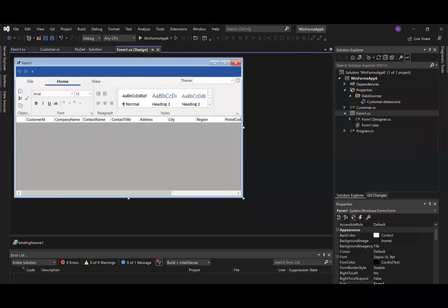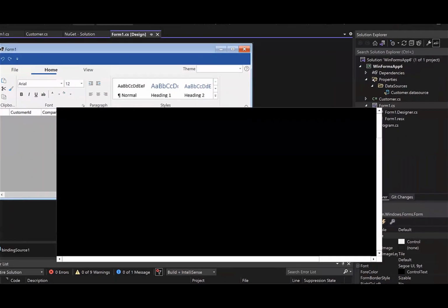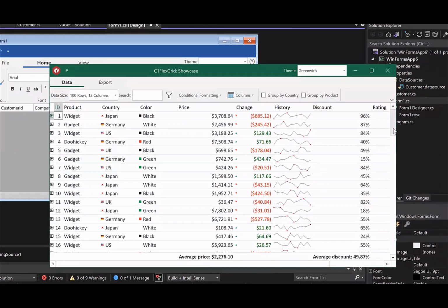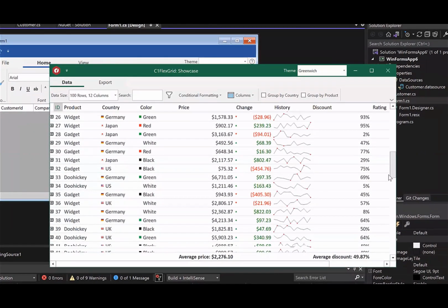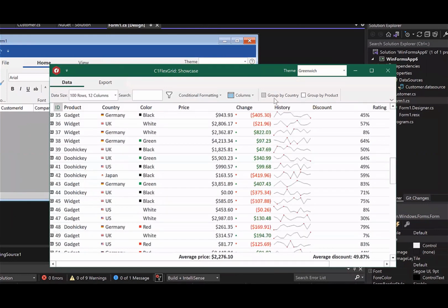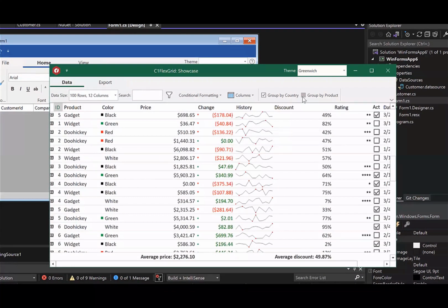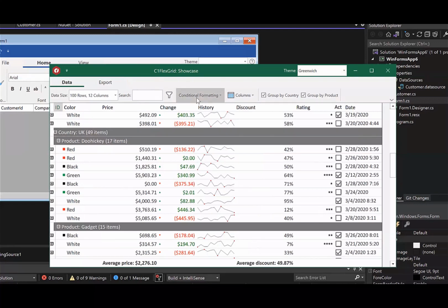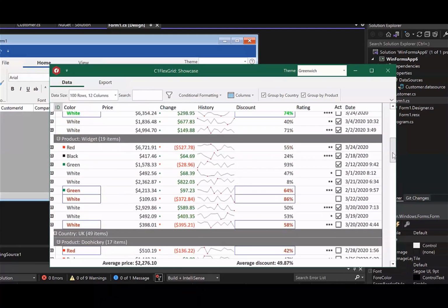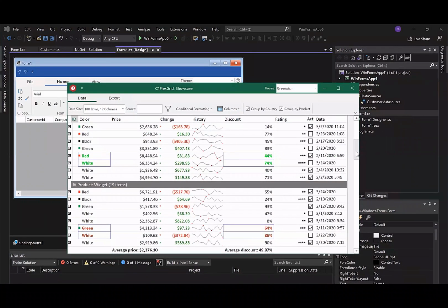So customizing FlexGrid can be seen in many of our samples. Like in this showcase demo, FlexGrid is known for its flexibility, hence the name. So you have complete control how each cell is rendered, and you can access the values in each cell, something that might seem obvious, but not as easy in most data-bound UI controls. And this is helpful for those unique customization scenarios. So of course, you can put custom elements in the cells. You can apply conditional formatting, grouping,